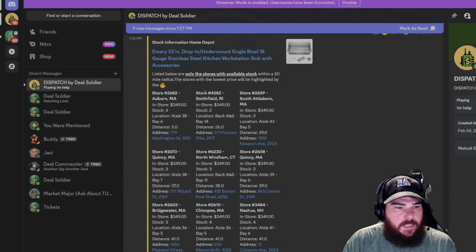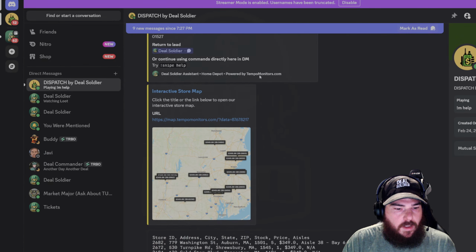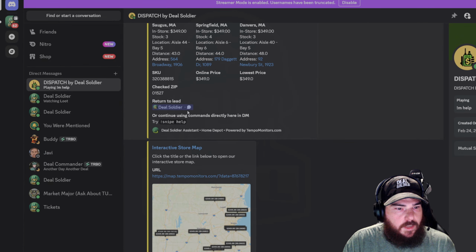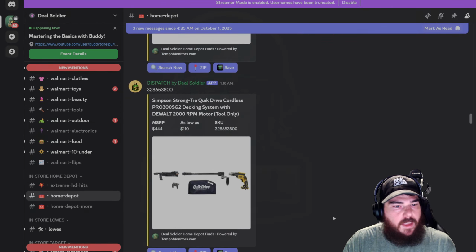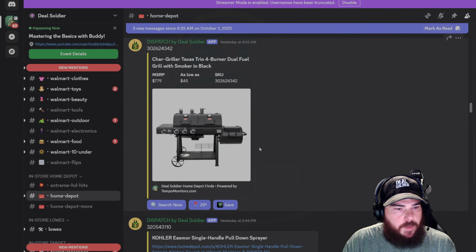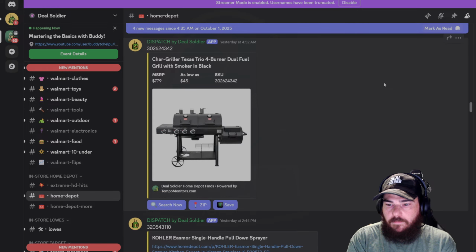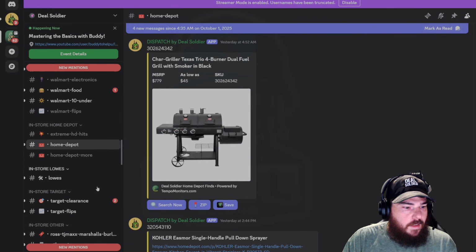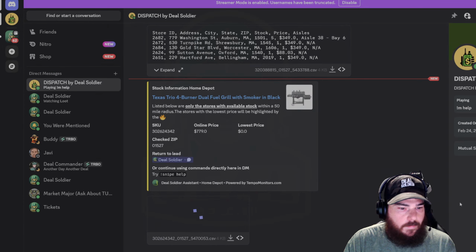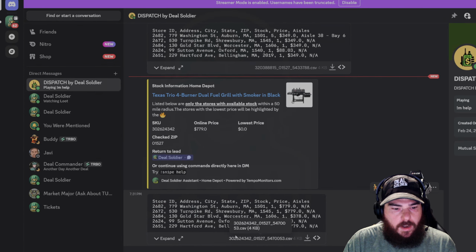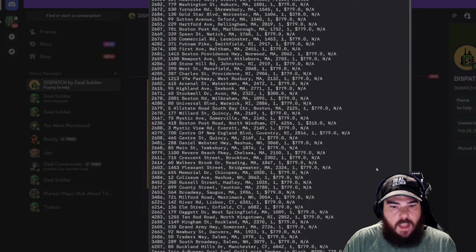All right, so we have our sinks. They look like they're all full price. Let's go back. Let's search another one. Let me go further back. As I mentioned, my stores like to drop later on, 2 to 3 weeks behind. Let's check the smoker. Yeah, I can highlight Sniper as well real quick for you too. I search the smoker. Looks like there's no smoker even in stock in my area.